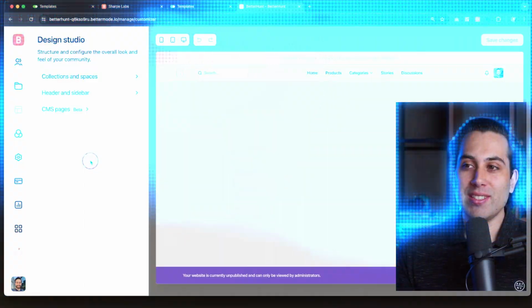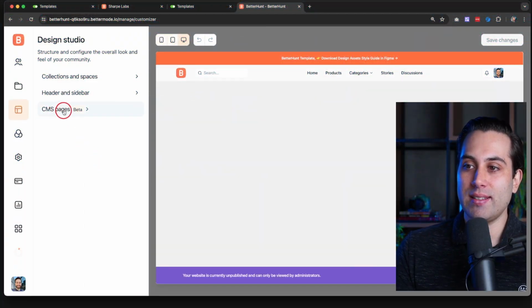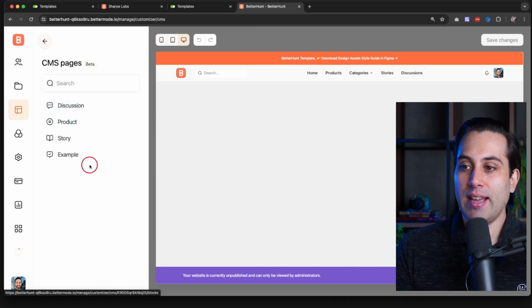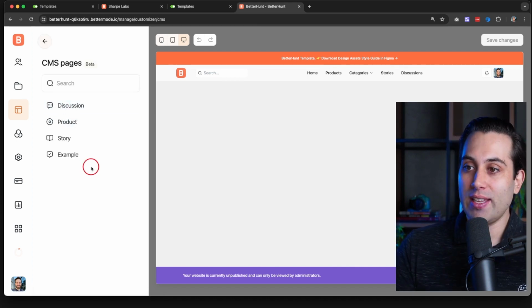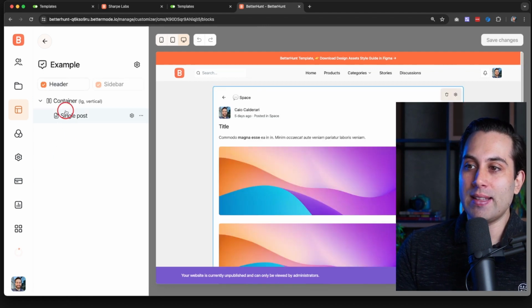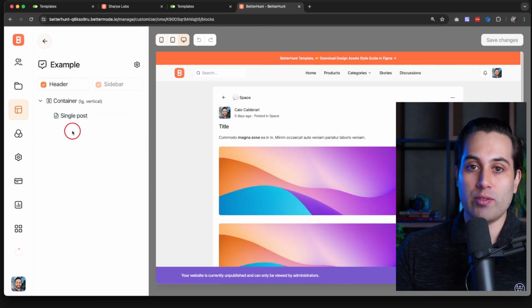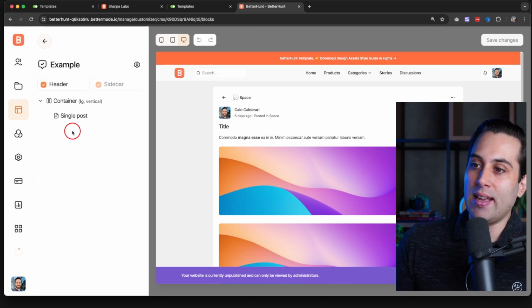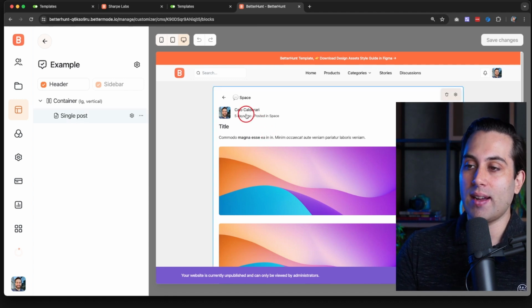Let's go. Under the Design Studio, we're going to see the CMS pages here. And as we can notice, we have a new page here, which is called Example. This page here is the page that represents the custom model we just created. And this template will be used anytime we decide to use the custom post type we created, and we can define here how this page